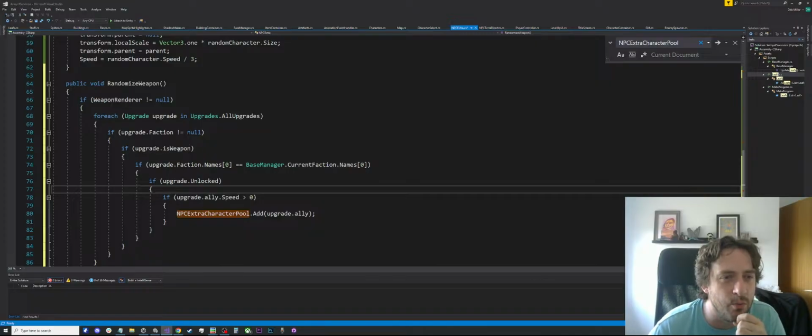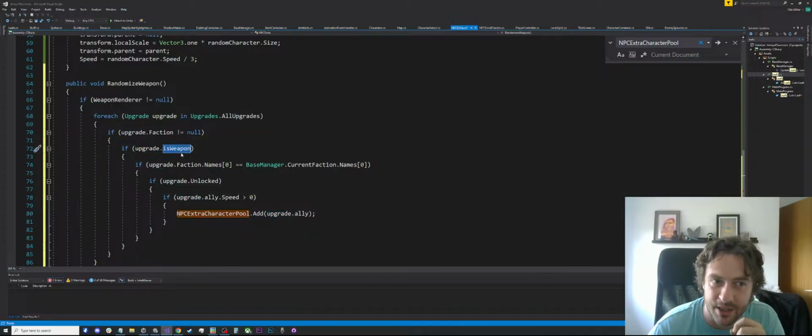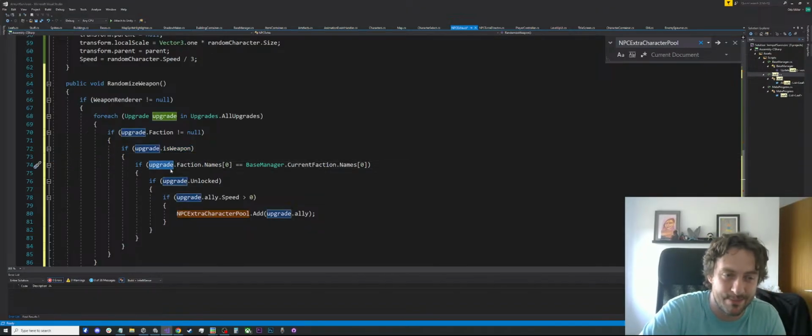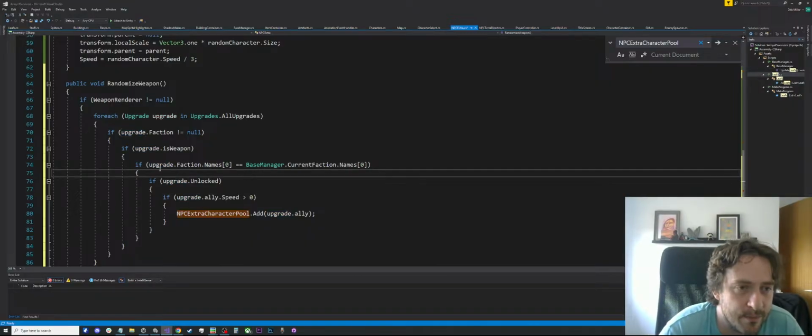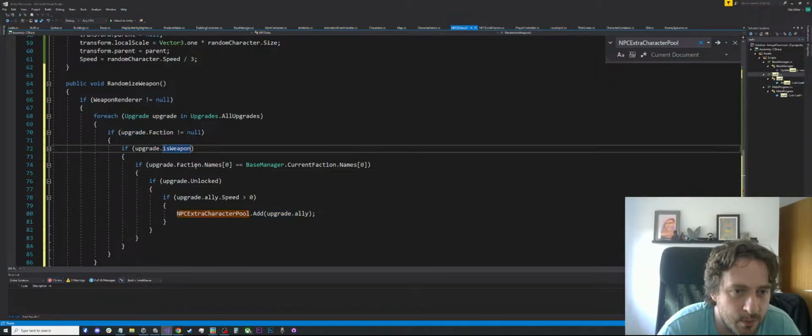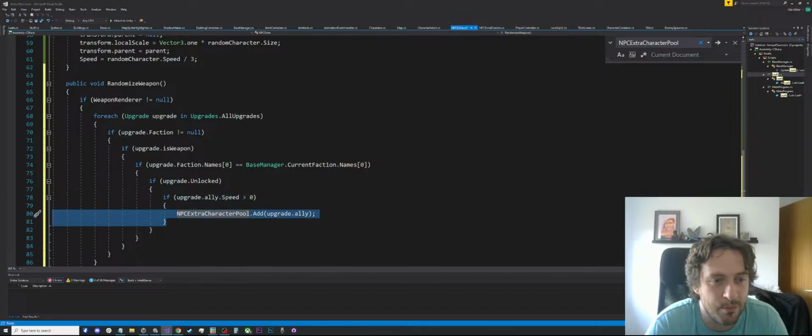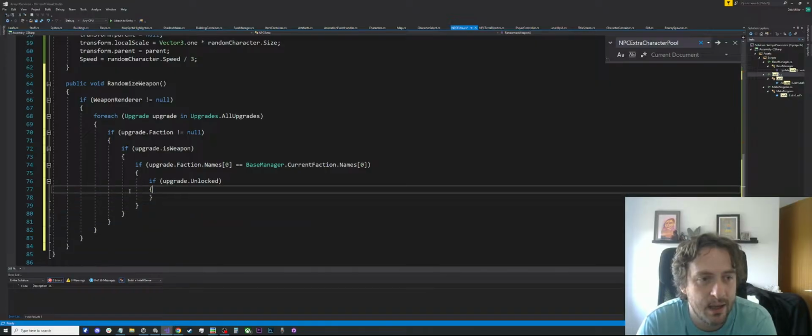So we've got all of these weird balls, like, is it actually a weapon? Because it is not a weapon. And then I had to go through each upgrade and say, this upgrade is... I couldn't say, is the weapon of this upgrade null? Because sometimes when it's supposed to be null, it wouldn't be. So I had to do that. So we have upgrade.is weapon. If the faction matches our faction, if we actually have it. Oh yeah, because we stopped towers from spawning. And then we say,